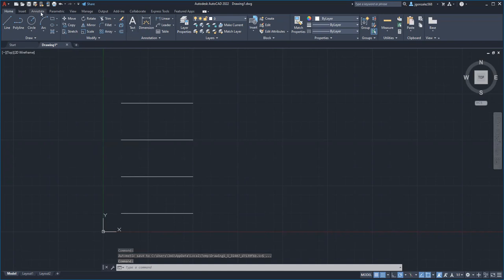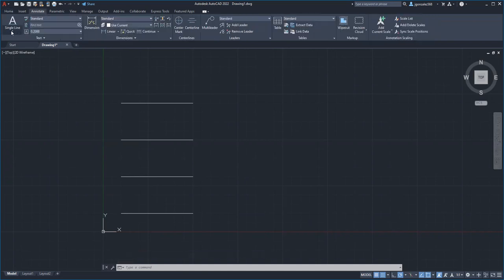Okay. So click on annotate. And down here, click this drop box and make sure it's on single line text. So as soon as you do that, you have the option to choose what type of justify or style you want. I'm going to choose right justify, meaning it's going to text towards the right direction. Then I'm going to click the beginning of this line and pick a text height of 0.2, angle of 0. So now when I type,